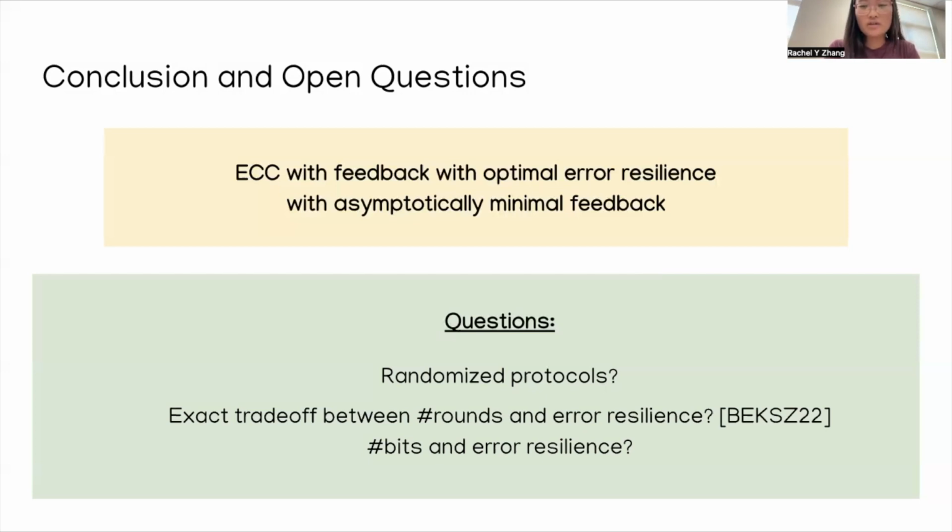But you can ask this more generally, for any constant, what is the error resilience you get? What is the trade-off asymptotically with epsilon? So for instance, if you want to get 1/3 minus epsilon error resilience, what is the number of rounds? We showed in this paper that you need at least O of 1 over epsilon rounds, but what's the dependence on epsilon? And also we asked a question for bits in number of